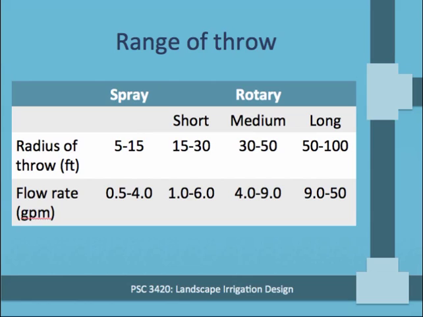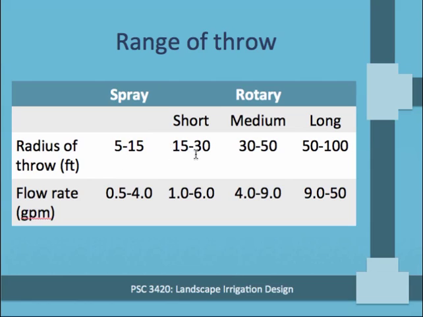Now the range of throw, again, if we're considering the broad classifications of spray versus rotary head, the range of throw ranges depending. With spray heads, you're typically talking about a pretty short radius of throw in the neighborhood of 5 to 15 feet with a flow rate of approximately half a gallon per minute to 4 gallons per minute, depending. And then rotaries have some categories based on their distance of throw, including short range rotaries, so sort of